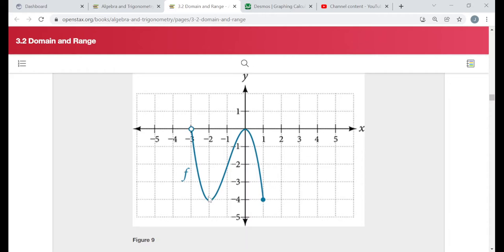If you follow the flow of the graph of f here, the x coordinates go from -3 to 1, not including -3, there's no point there, but including 1. You see the solid point down here has an x coordinate of 1 and a y coordinate of -4, so the x coordinate of 1 is used. After 1, x values greater than 1 are not used. There's no graph anymore. So back on my paper,